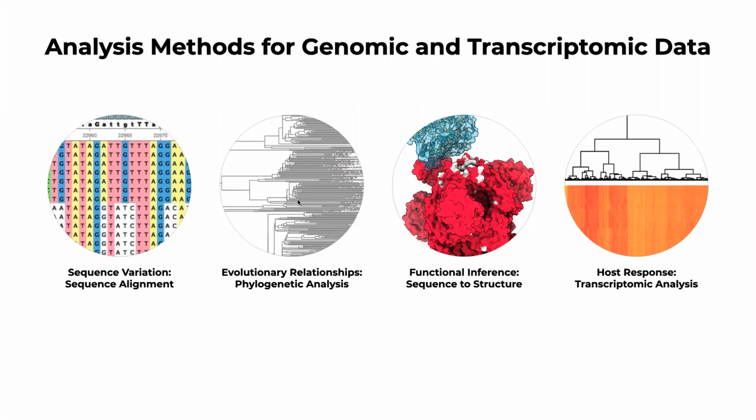We can also then ask questions about how the differences between these genomes or genomic elements like genes are functionally leading to changes. So here you can see a mapping of mutations on one of the proteins produced by a virus. And the question that we can ask is, how does that actually affect the interaction between this protein and a corresponding host protein, that could mean a change in the way the disease happens or the way that the